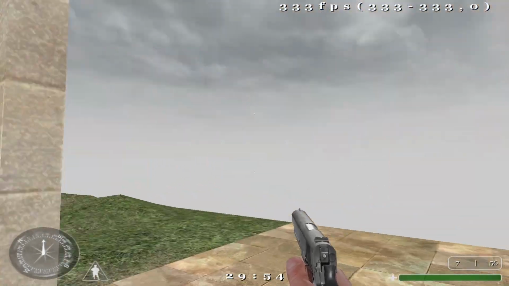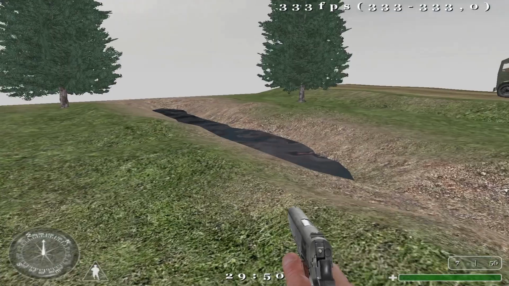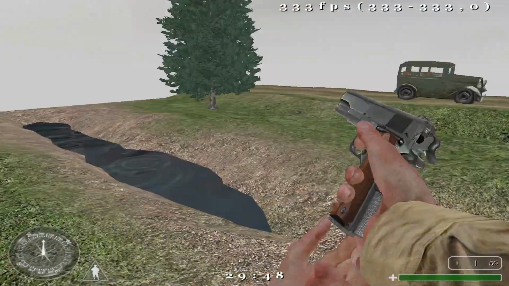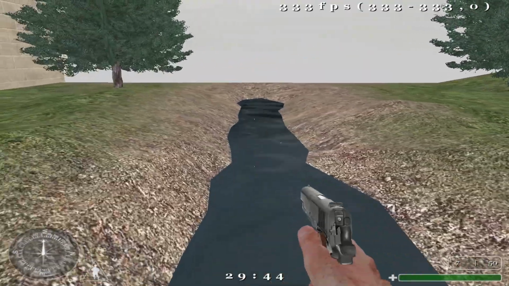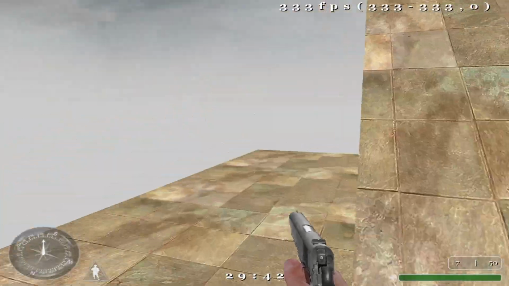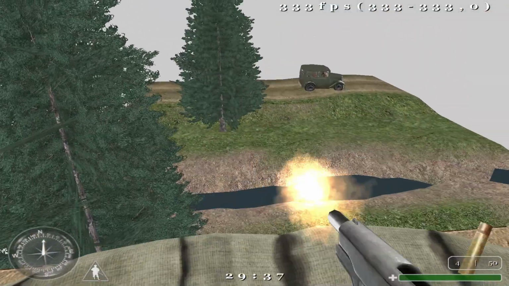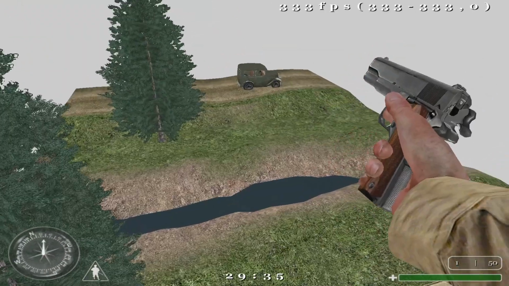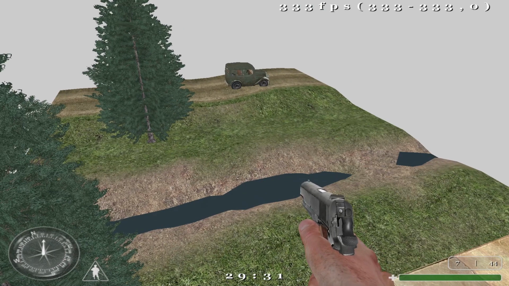You can see our skybox applied nicely. Also our water, this is our water, and our models. I would say it's pretty nice. Let's go up on our house. Yeah, I would say pretty nice. Alright, in our next video I'm going to show how to make